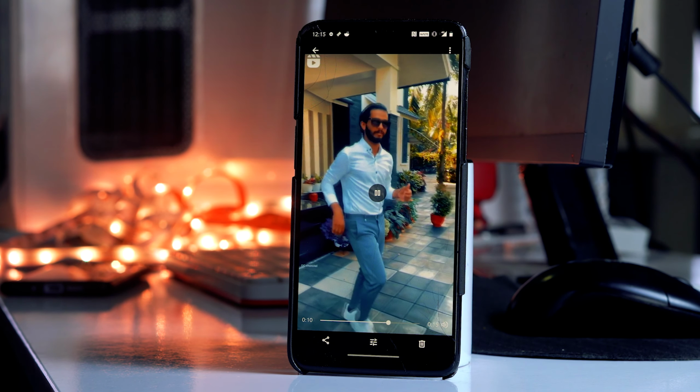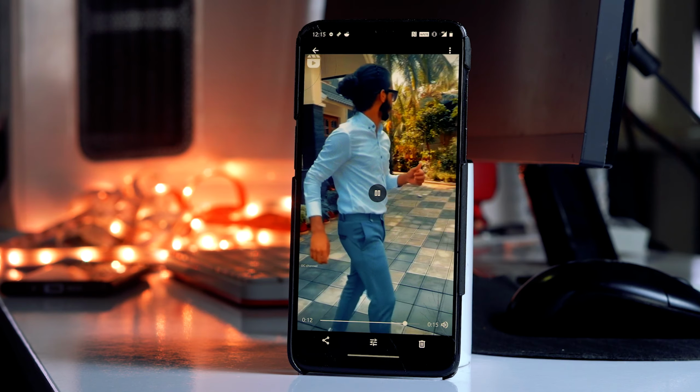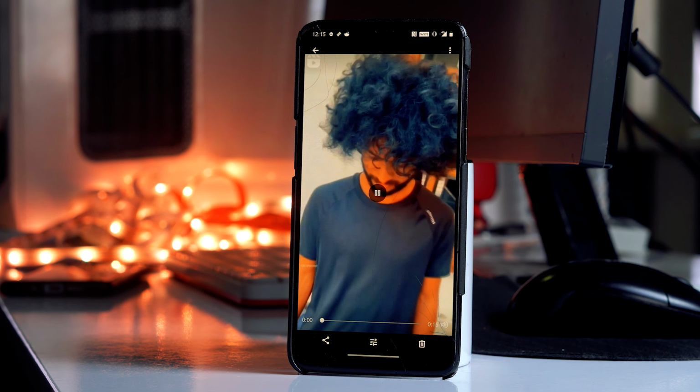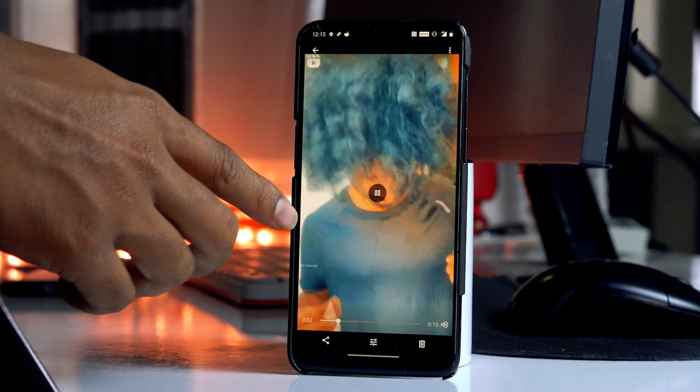So this is about how to download Instagram Reels with sound on your Android devices as well as on your iPhone. So we hope this video is helpful for you guys,